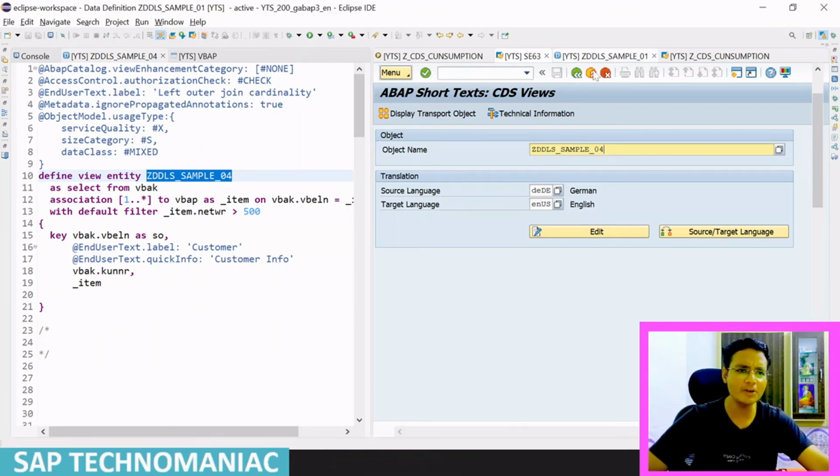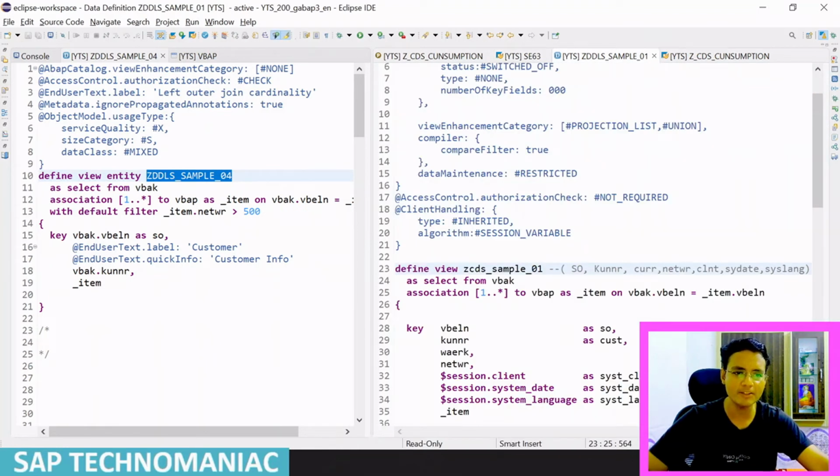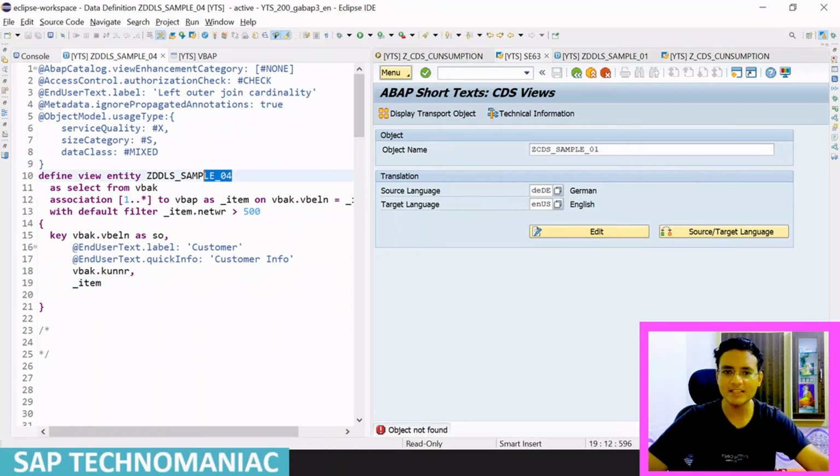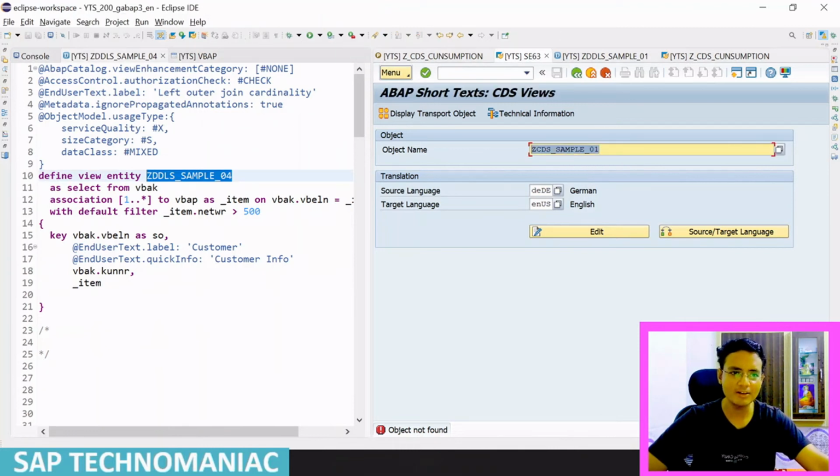If I try to give this name and I try to find out for this, then it will give me an error or something. I think it will not accept. Control V, and if I try to click on edit button, you are getting object not found. But in this case, if I give this name, Control C and Control V, and if I try to click on edit,